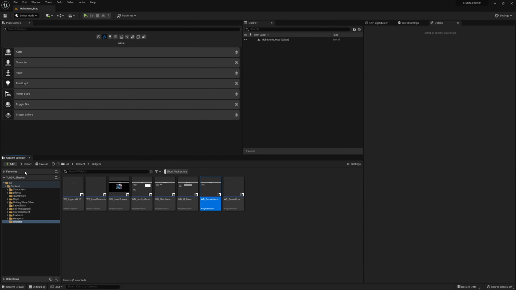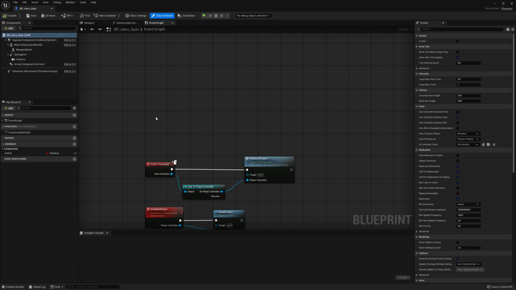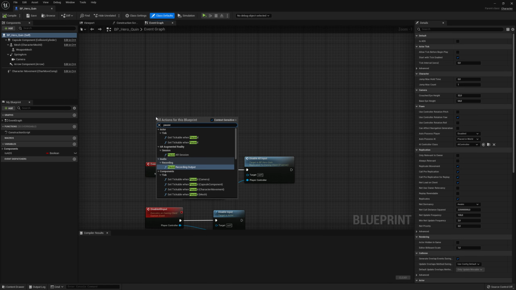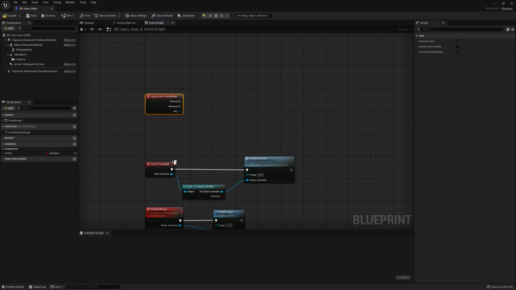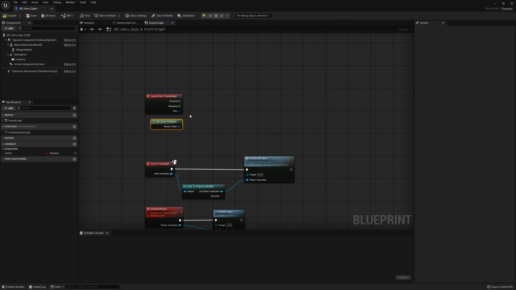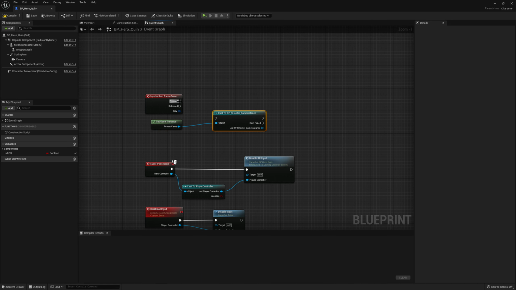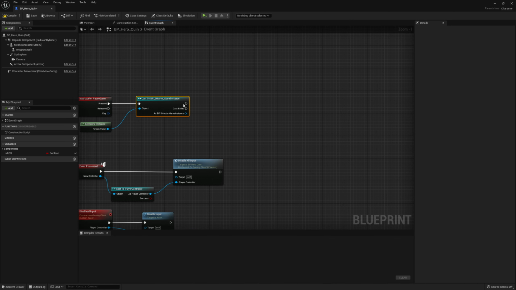So now let's go into our character and add the input event for that. So we can look for the pause game event that we just created the input for. At least we should be able to. Event pause game, there we go. And from here we're going to get our game instance. So get game instance. So this is an input event, so this happens locally, and the game instance also exists for the local player, so that's good. So we can cast to our game instance, and then from here we can toggle our pause menu. So we can simply call our toggle function,